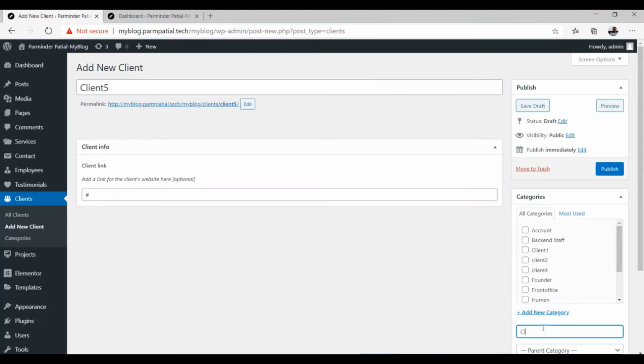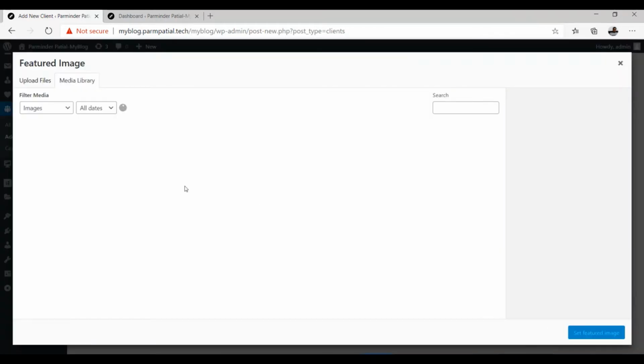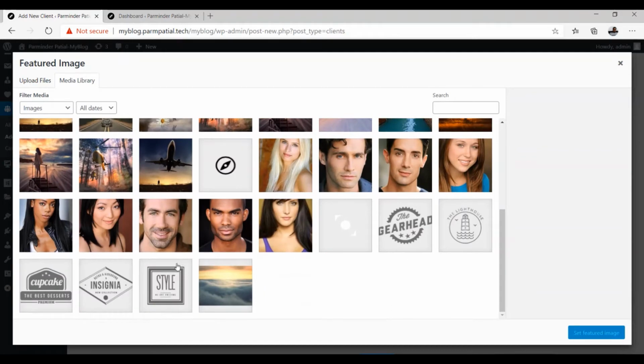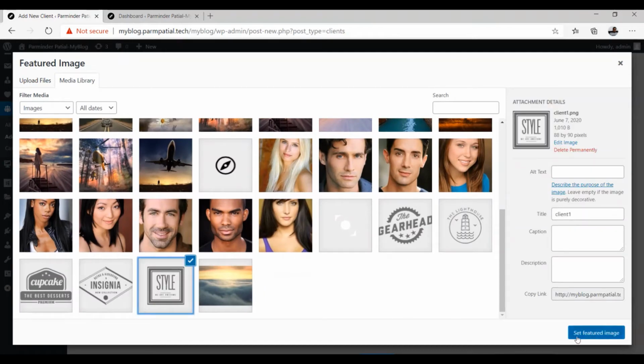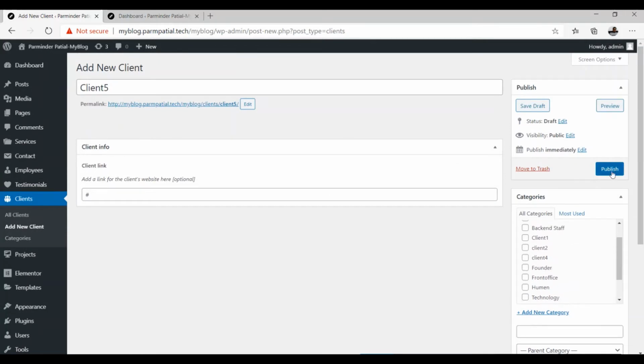I'm giving the category as Client 5, then press Enter. Then move to the last section, that is the Featured Image section, click on Set Featured Image, and the featured image is set. After this I will click on the Publish button.